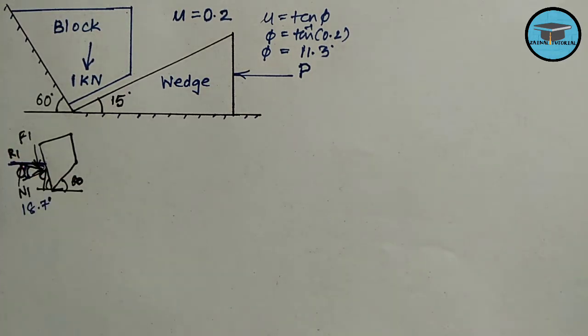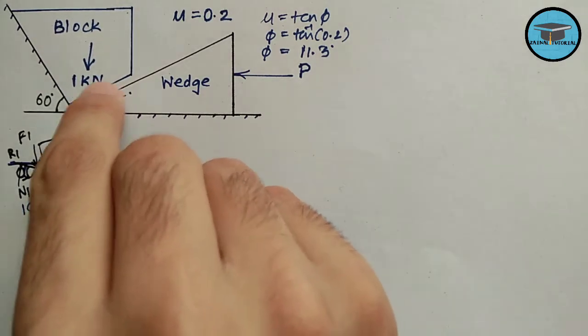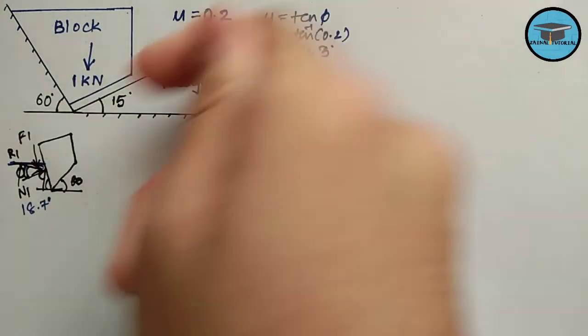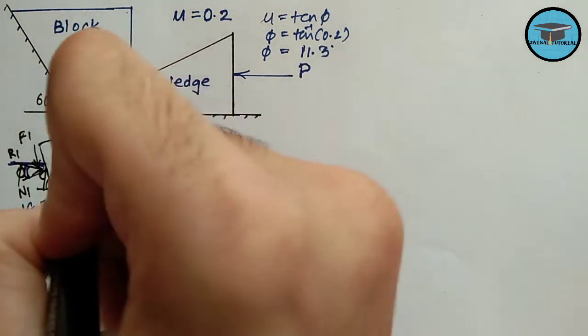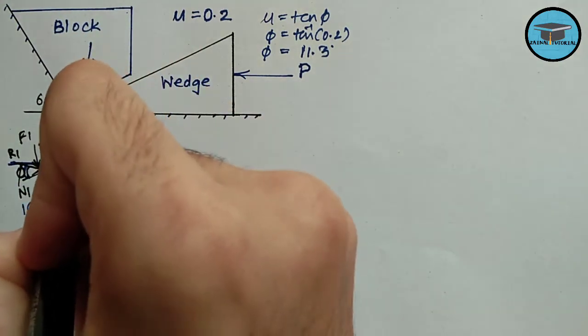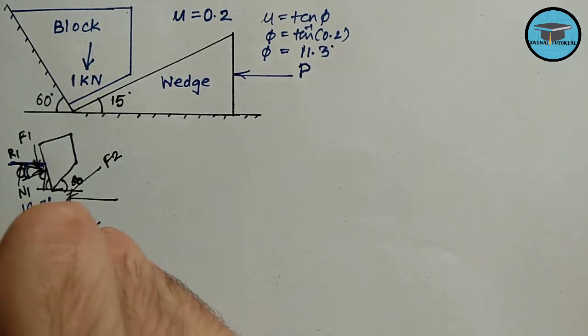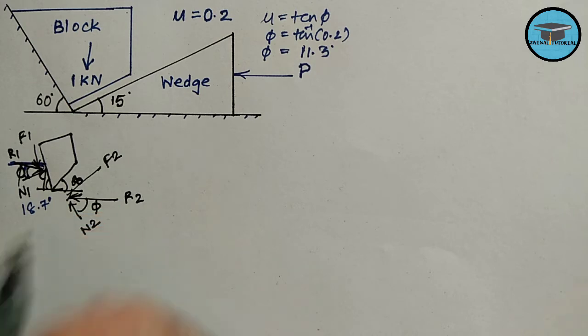Now also there would be the frictional force due to this contact surface. As this block will climb up the wedge in this direction, the frictional force would act in this direction. We are denoting the frictional force like this, naming it F2. There will be a normal reaction somewhat like this, naming it N2, and taking the resultant of these two forces as R2, which would be making an angle of phi with N2.